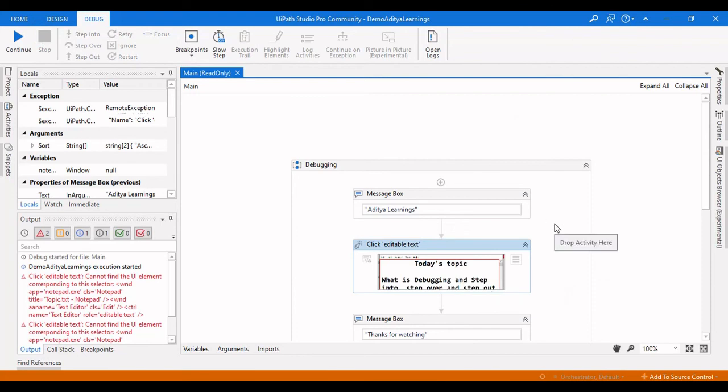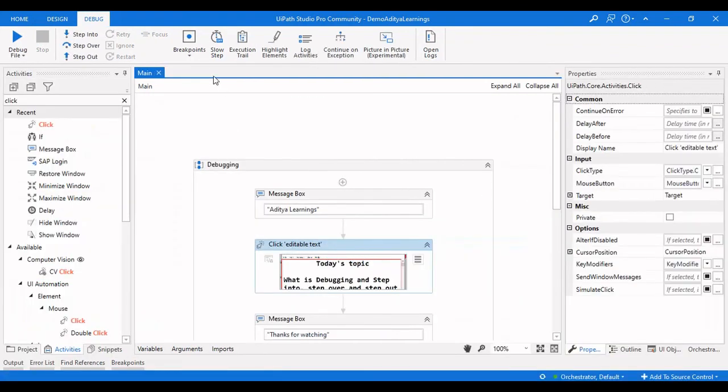And how do breakpoints work? A breakpoint will stop the process. If you click on toggle breakpoint there, it will set a breakpoint and stop the execution and ask us to continue after this particular step. We are telling the process to stop at that point, and we manually check whether it is executing properly or not. If it is executing properly, we will remove this breakpoint and run the process again.